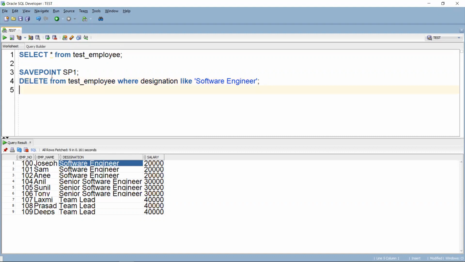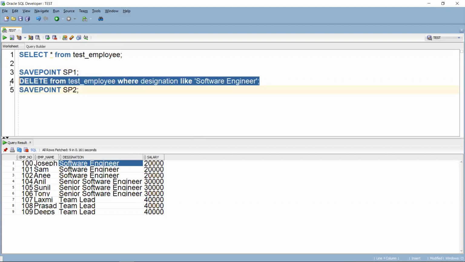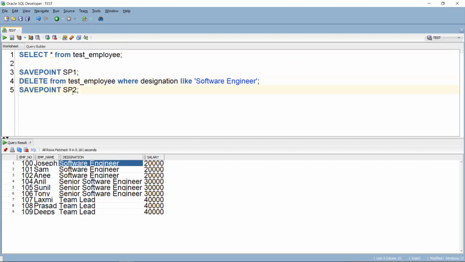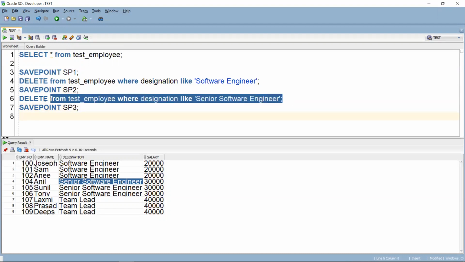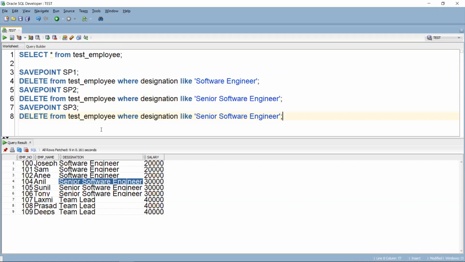Then I am again creating a save point SP2. After SP2, I am deleting the data which has the designation senior software engineer. Then I am again creating a save point SP3, where I am deleting the records which have the designation team lead.